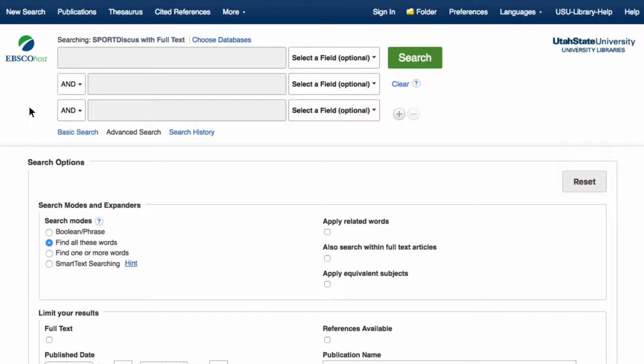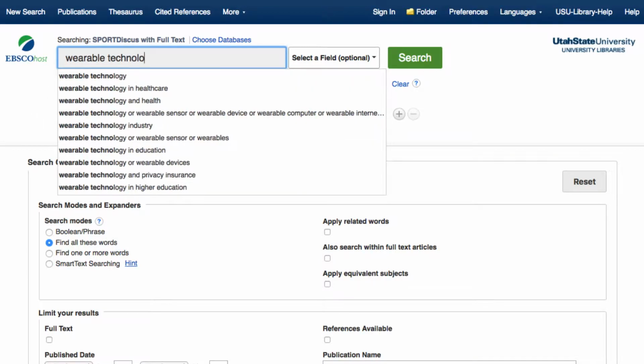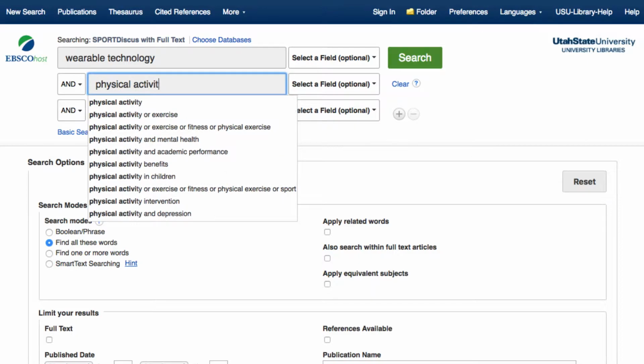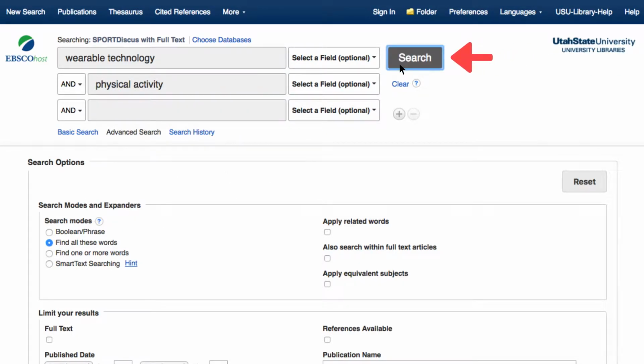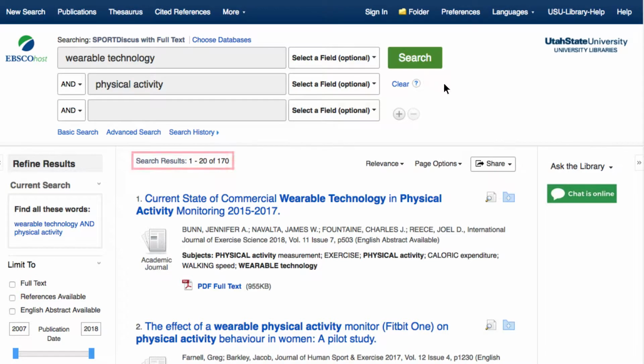To begin searching in SPORTDiscus, you will need to break your topic into keywords. For example, if we are investigating whether or not there is a correlation between wearable technology and physical activity, we would enter wearable technology in the first box and physical activity in the second. Then click Search. This gives us about 170 results, which is pretty good, but we can continue to hone in